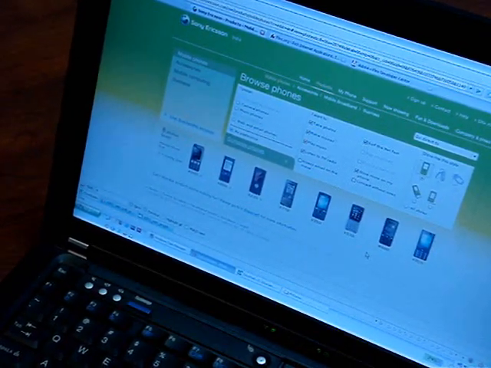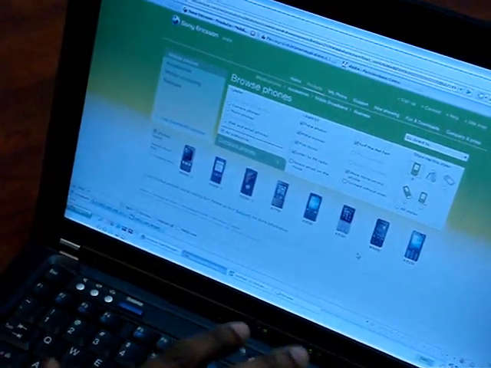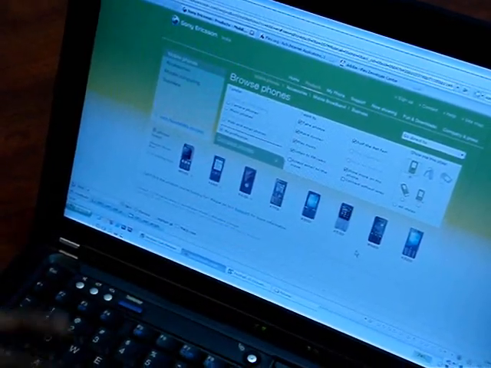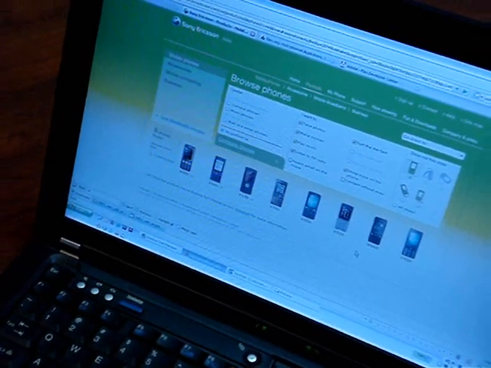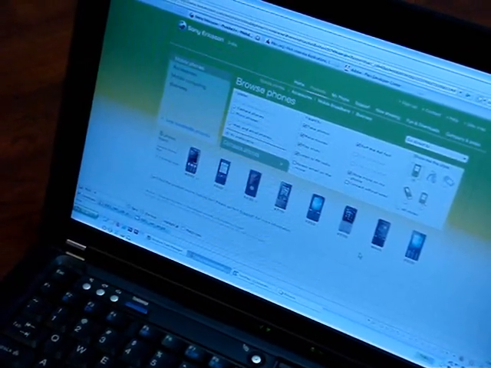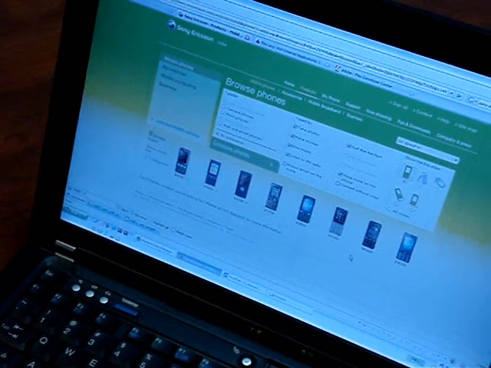Okay, so as you can see, with just 5 or 6 clicks, the number of phones has come down from 57 to 8. It's a great thing that the user can just leave out all the information that he doesn't want and get to the ones he wants as early as possible.